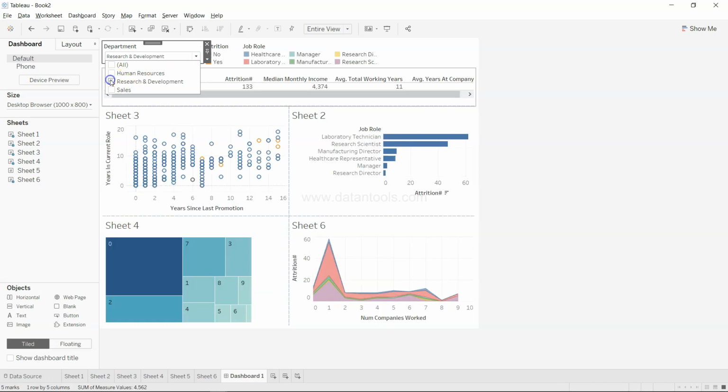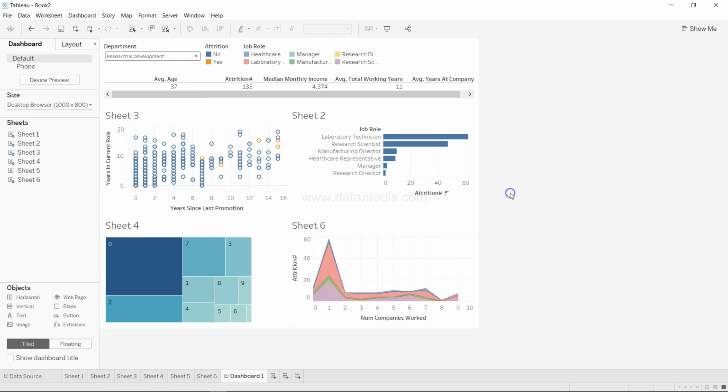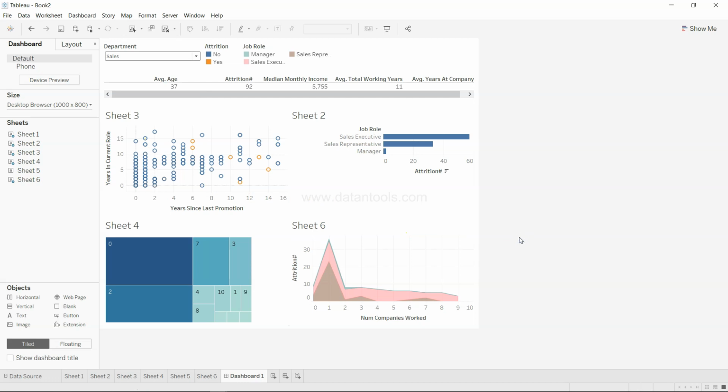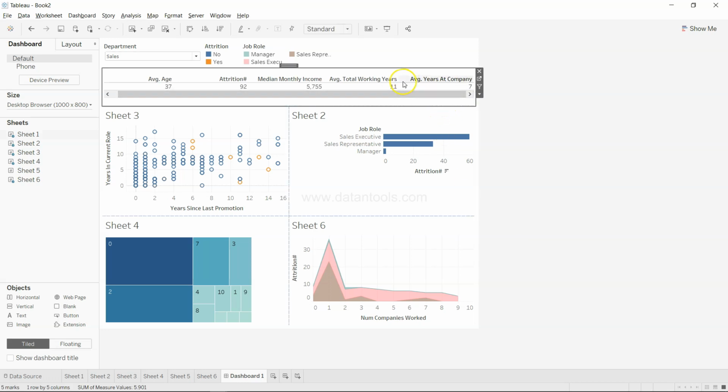Now if the research and development, much better values, much more job roles over here, and it shows another picture, a sort of similar picture over here as well. And finally you can go and check for sales, and it shows you how the attrition and the KPI look for this. Now the only thing is if I just drag this a little bit so that they are coming over here,